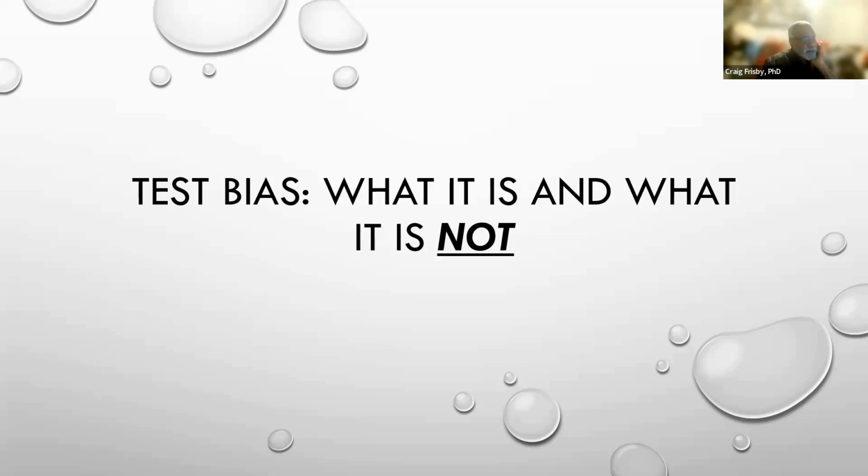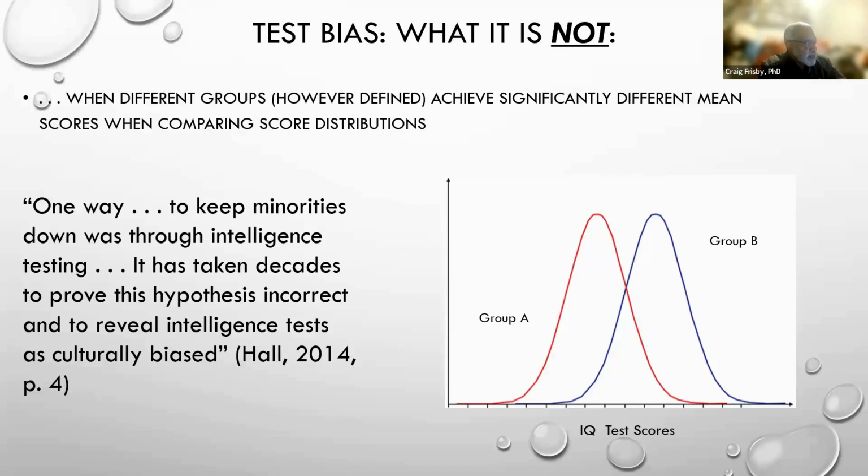So at this point, I want to just talk a little bit about what we mean when we say a test is biased and what we don't mean when we say that a test is biased. So in this slide, if you direct your attention to this particular presentation here, this is showing basically the distribution of group scores between what we will call Group A and Group B. And you'll see that even though both groups have a distribution of scores that are normally distributed, Group A has a lower mean in their test score distribution than Group B.